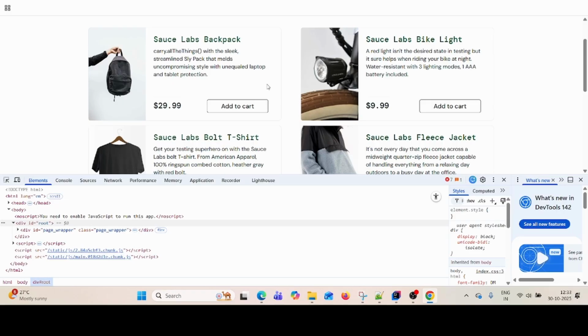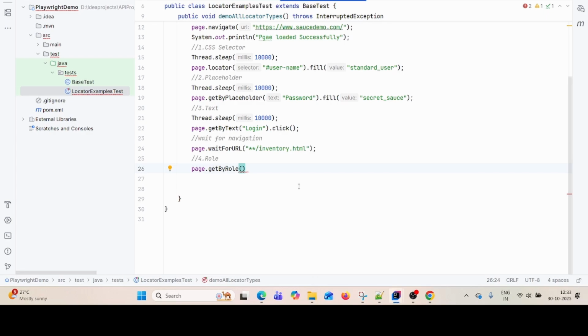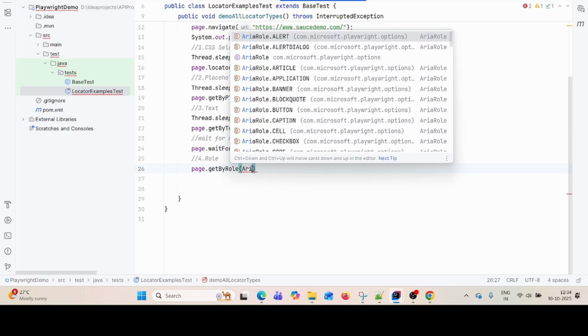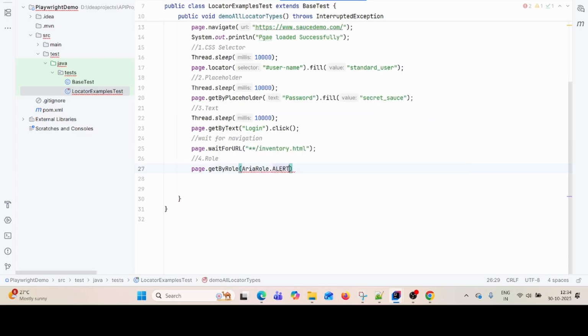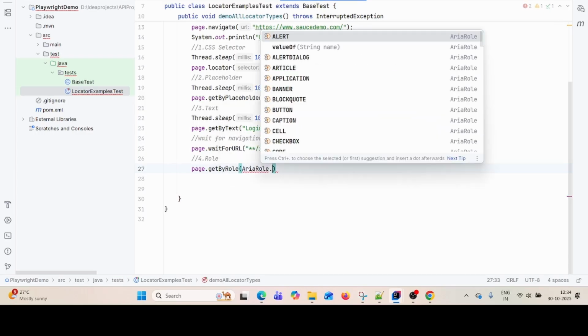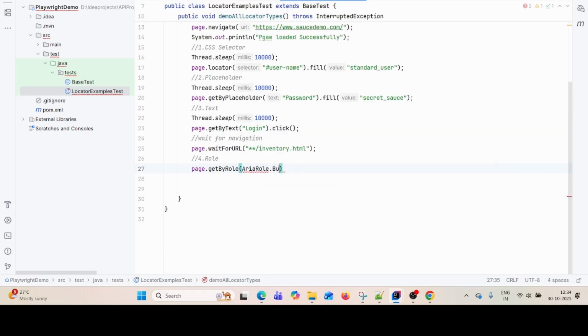So how will we write that? We'll do that using getByRole. So page dot getByRole. Now we'll write down aria role dot button. It's a button. Add to cart is a button. So aria role dot button,